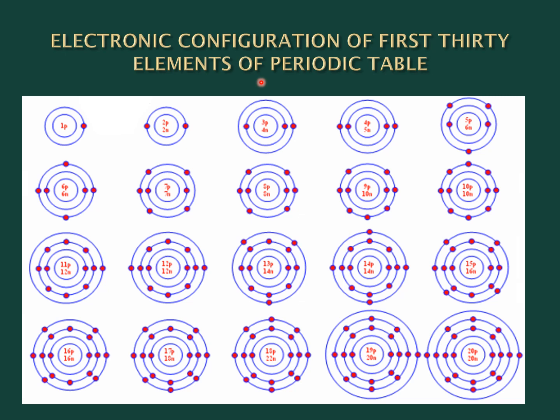Now, each atom has 3 subatomic particles, namely electrons, protons and neutrons. Amongst them, protons and neutrons are present in the center of the atom in a space that is called the nucleus